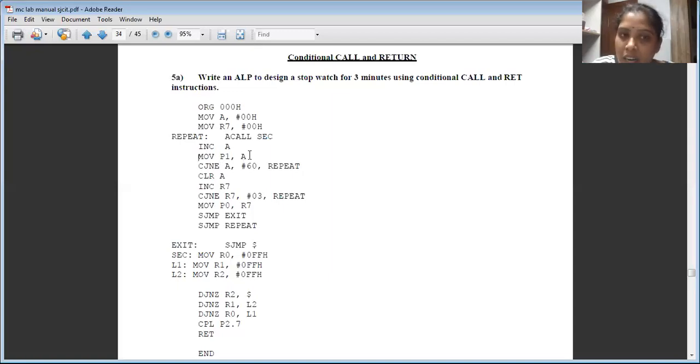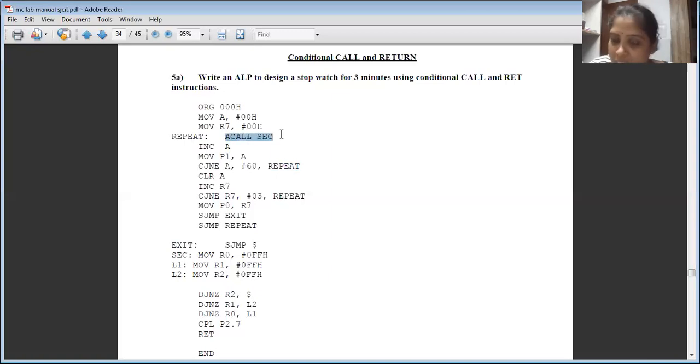After that, we check with jump not equal A comma 60, that is the immediate value 60. I'm comparing the content of A with 60. 60 represents 60 seconds. So until the count of A reaches 60, it has to jump to the label repeat, which is over here, to call the subroutine program.